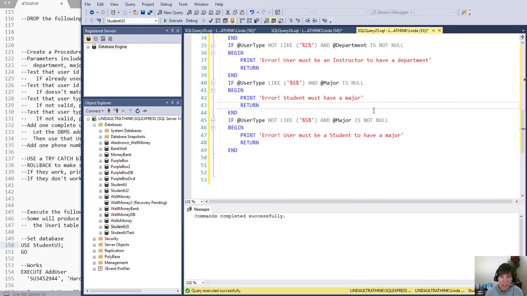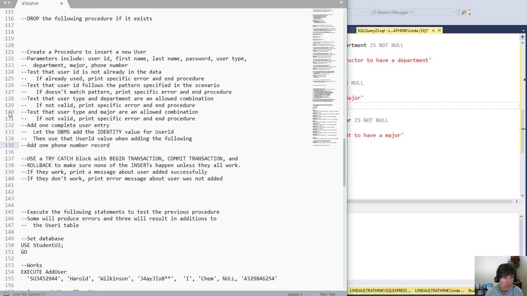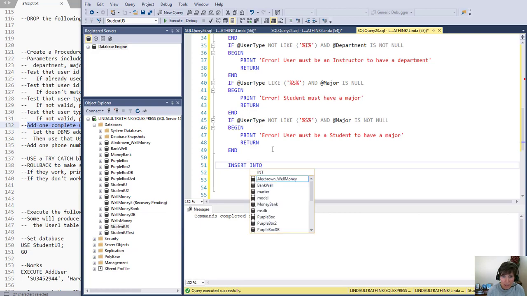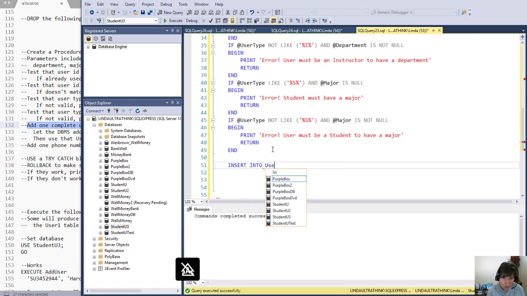Now that we've got our procedure up and running and we've done all of these tests, the next step is to add one complete user. So we're actually going to do an insert statement. Insert into, and what are we going to insert into? We're inserting into the user one table, right? And we're going to be adding values